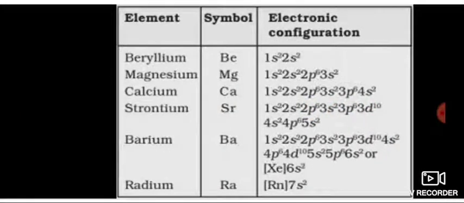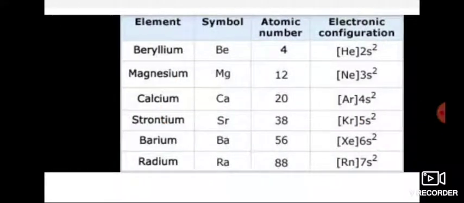These also belong to the S block elements: beryllium, magnesium, calcium, strontium, barium and radium. See the electronic configuration; you know that electrons fill from a lower energy level to a higher energy level. Each and every element is represented in a shorter form, like a noble gas configuration. Instead of writing the whole electronic configuration, we can write [Ar] 4s2. Ar means argon. Strontium is 38; instead of writing all those 38, [Kr] 5s2.